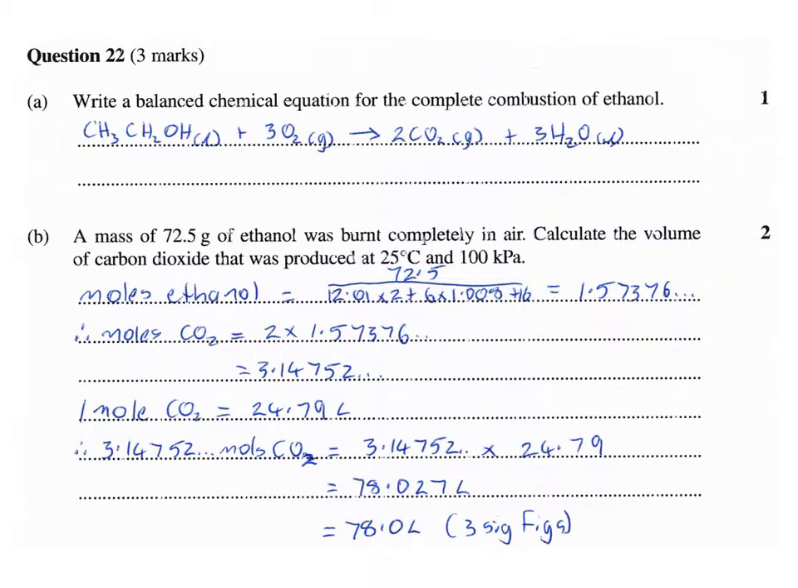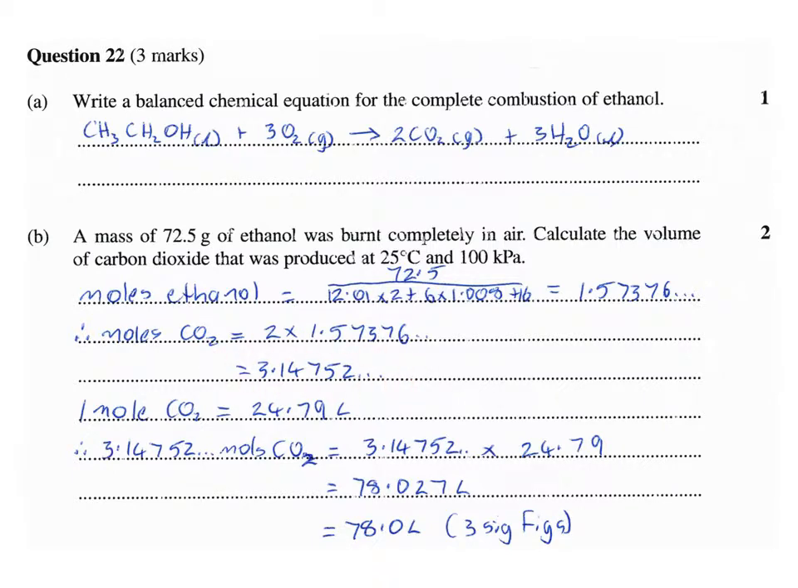We worked out that the moles of ethanol is 1.57 blah blah. Therefore, the moles of CO2 is 2 times that. So this is the number of moles of ethanol. The moles of CO2 is going to be 2 times, and again it's because of this ratio here, it's 1 to 2. So we get